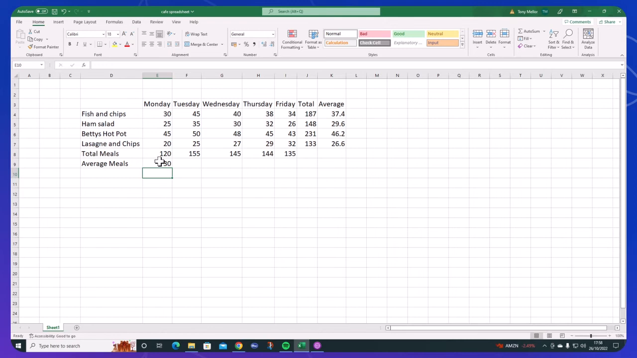So we've got a nice round average there, but when we copy that across, I think we'll find that it doesn't work on all of them. So how do we get rid of this decimal place? Well, if I highlight those 4,